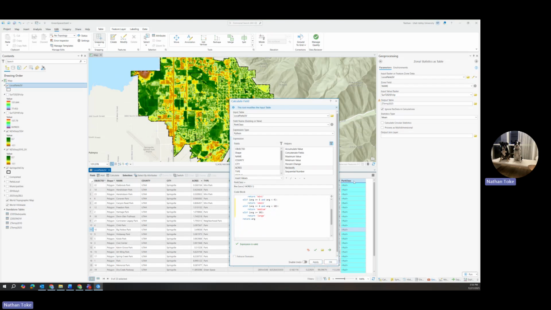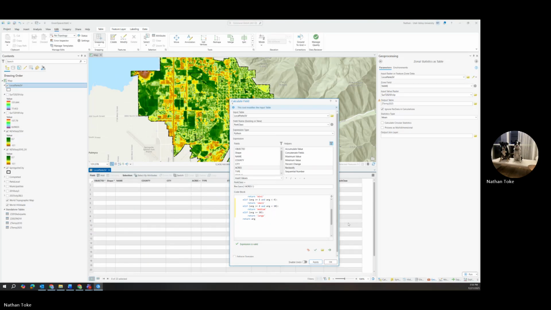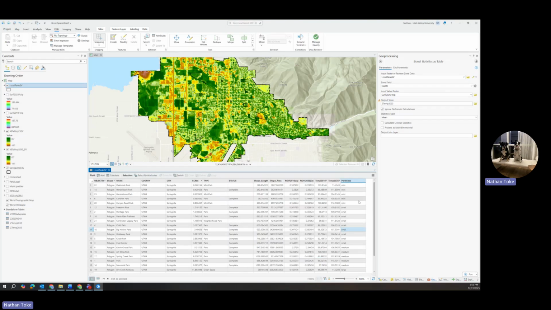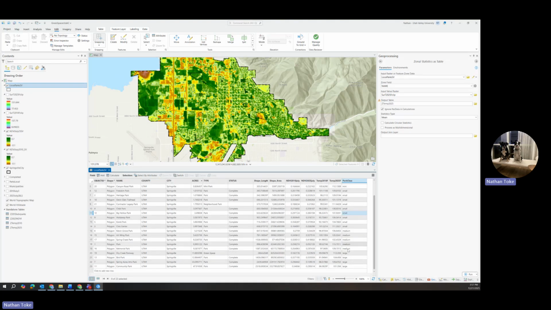Now I'm going to just click apply, and we'll see what happens over here. They are already sorted, and so we should have mini, small, medium, and large. And so that worked. So we reclassified the acres into a qualitative class. We could do something else to like think about